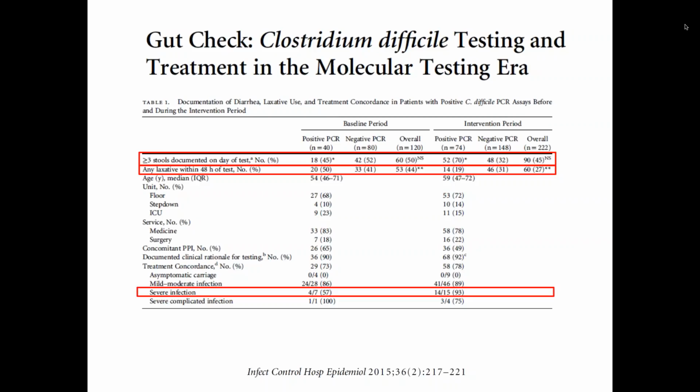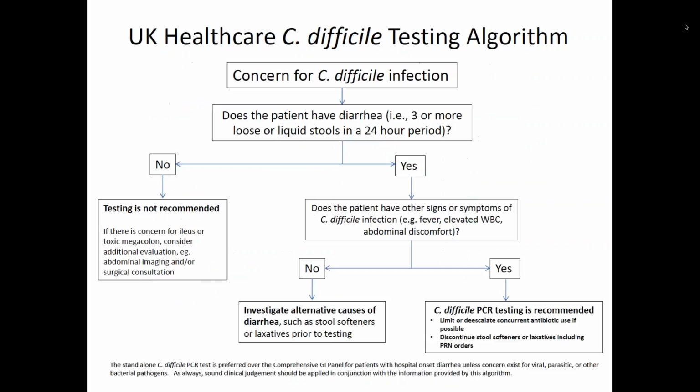And then they were able to increase the appropriate therapy for severe infections, so fairly low numbers, but by targeting interventions to try to increase appropriate testing, they were able to show that they could have an impact, at least in that setting. So I want to talk a little bit about our internal testing algorithm that was developed a